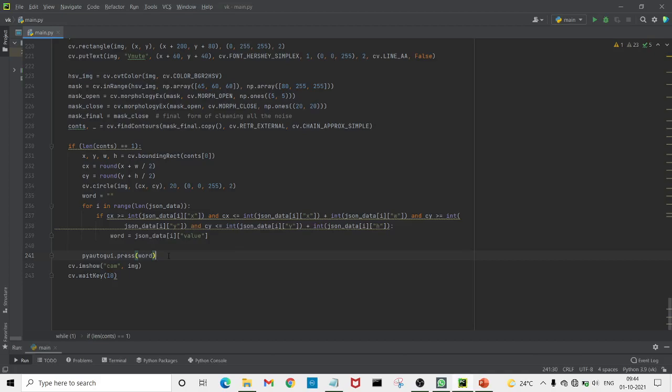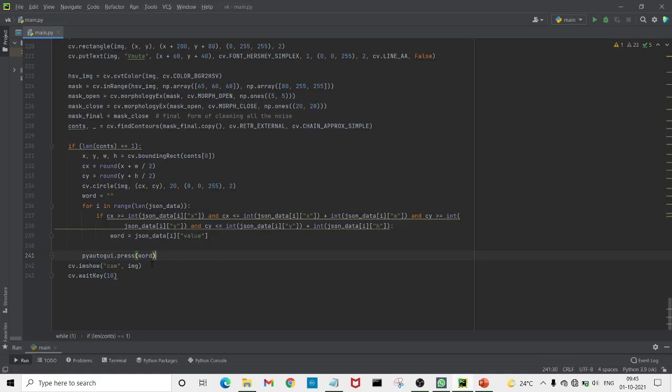It can be used to click at an exact position. And then next is cv2.imshow cam image. This method is used to display an image in a window. And next the cv.waitKey will allow you to wait for a specific time in milliseconds until you press any button on the keyboard to stop the execution.